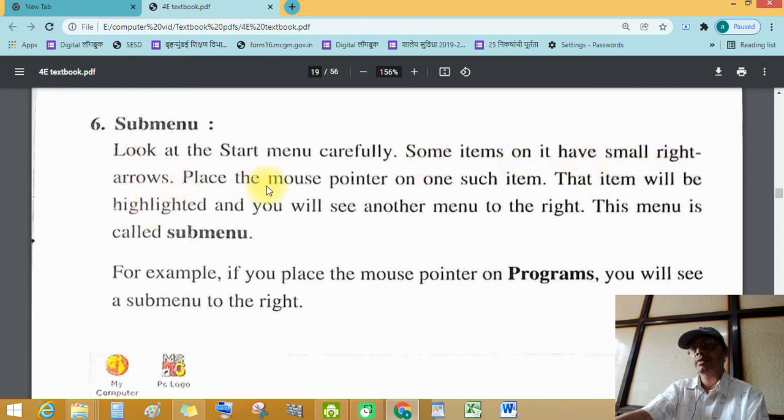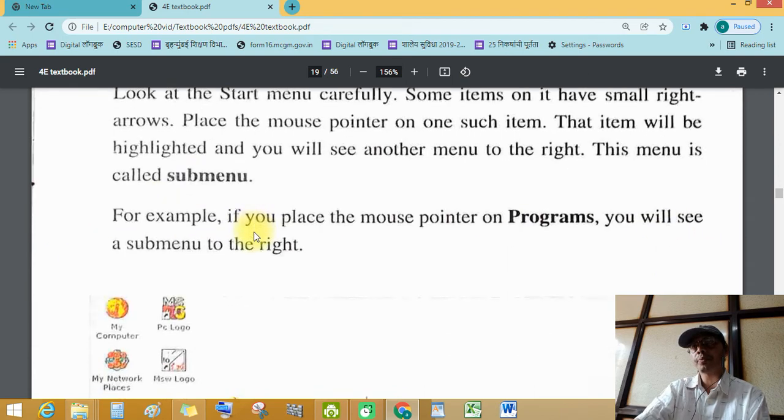Move the mouse pointer on such an item and that item will be highlighted, and you will see another menu on the right. This menu is called a submenu.